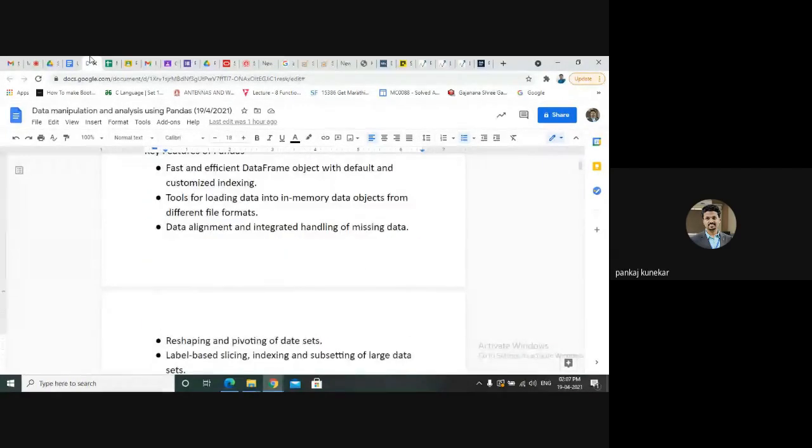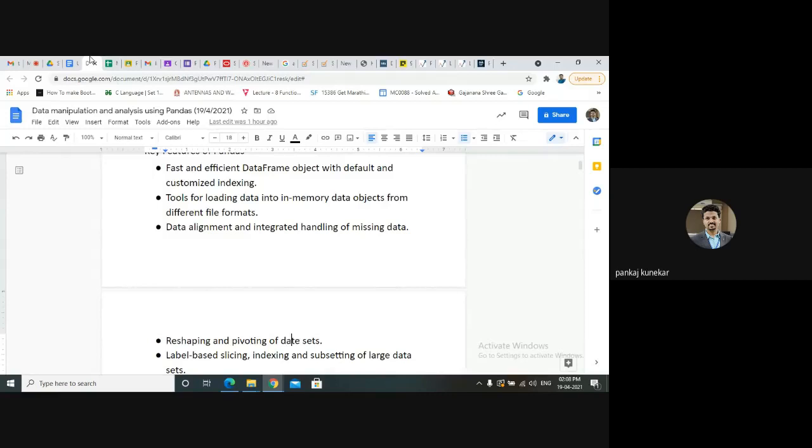These are the features of pandas. It has a fast and efficient data frame object. Pandas comes with different objects: series object, panel object, and data frame object. The data frame object is very fast and efficient whenever we talk about analysis. It is a tool for loading data into in-memory data objects from different file formats.